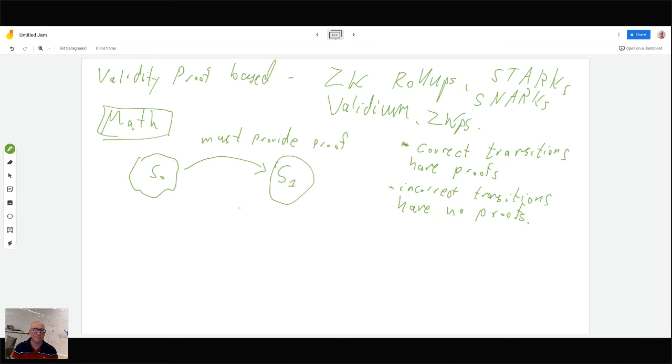And now we have this mechanism that is called a verifier. It's a piece of software that checks proofs. It says either a proof is good for a certain transition or it's bad. So we have a verifier that is a piece of code that can check a proof and say if it's good or bad for a certain transition. What's going to happen is that the users run the verifier, and you have one entity running the prover.